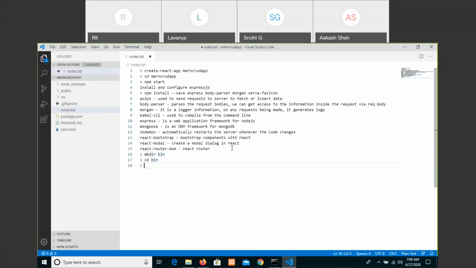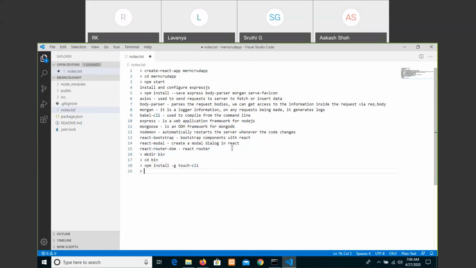The same way, if you want to create a file, then we require the touch command. So to use the touch command, first you need to set it up here: npm install -g touch-cli.